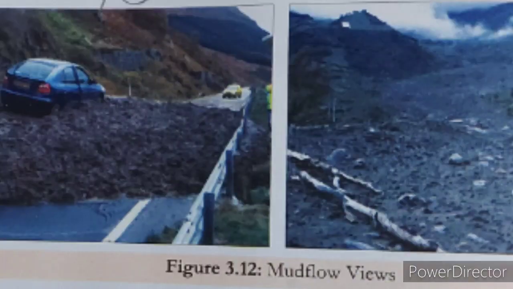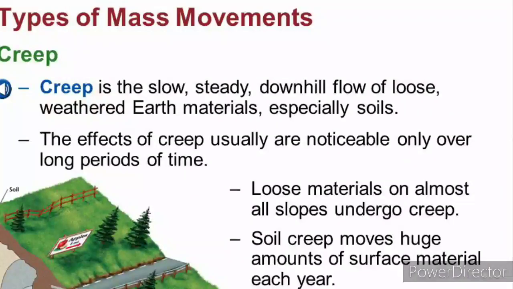In mud flow, water content is more than in earth flow, and the debris is transported by the streams and rivers as mud. Mud flows occur in areas where vegetation is not present and slopes are steep, usually in arid regions, and are common during rainfall. Creep is the slow movement of mass wasting, and downhill movement of debris is called soil creep. Climatic conditions play an important role in soil creep.